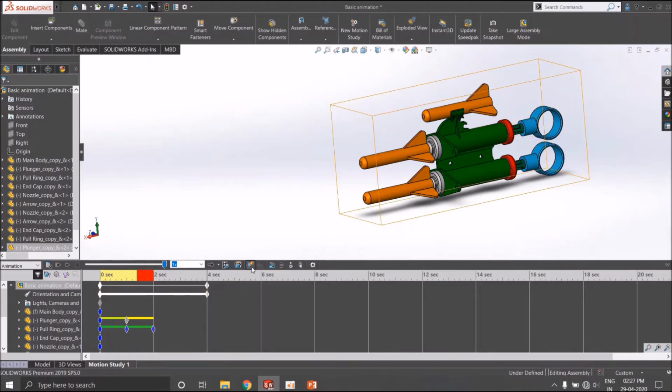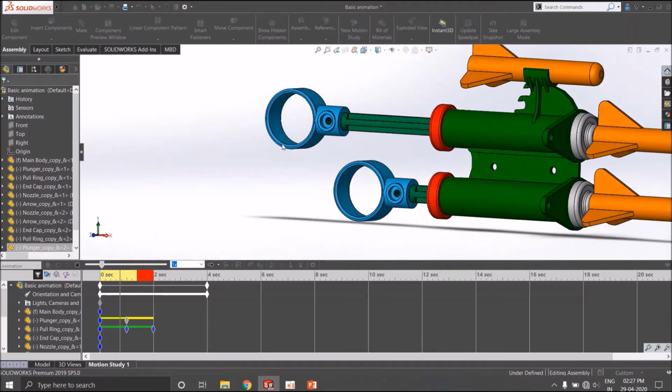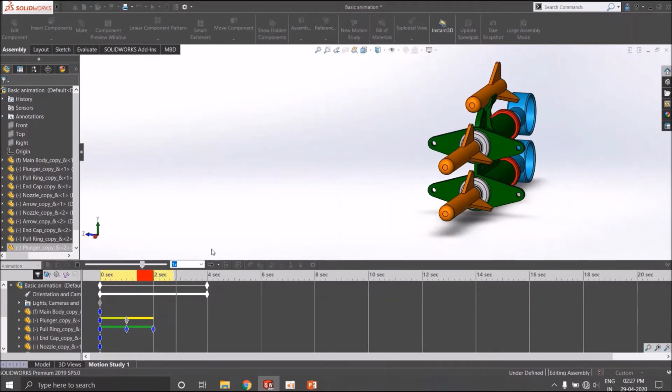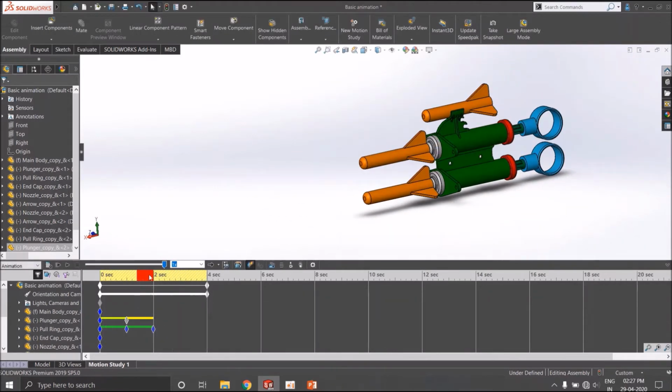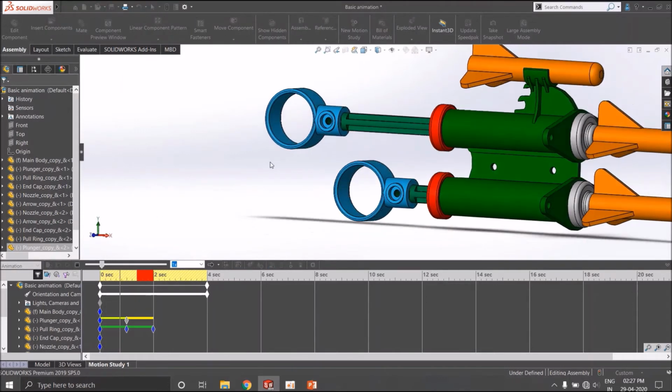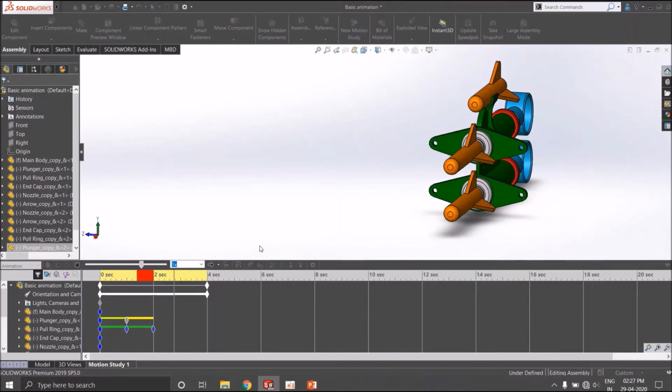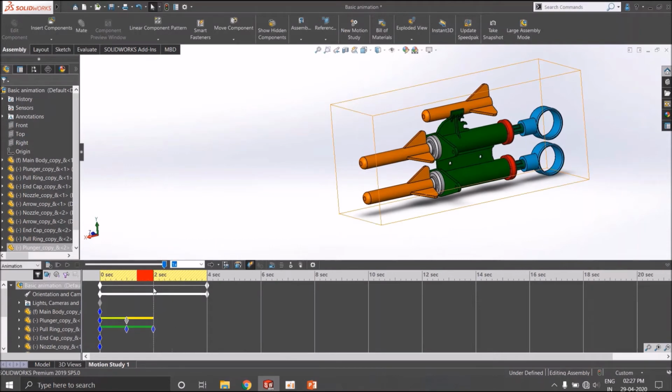This all happens because we have auto key creation on. So when you play this animation, you see both things are done simultaneously, and we don't want that. We want the rotation of this assembly to happen from just 2 to 4 seconds.